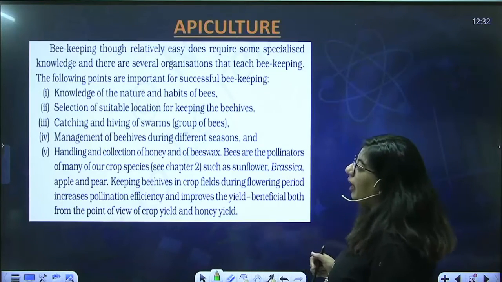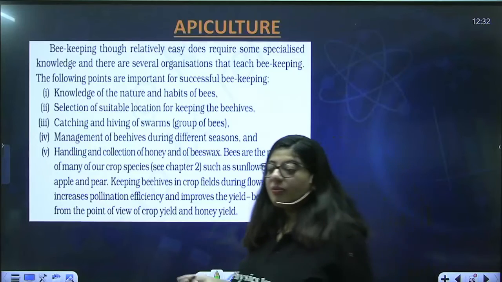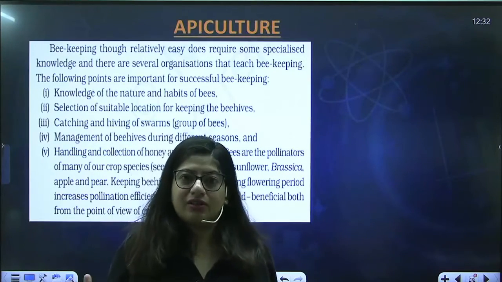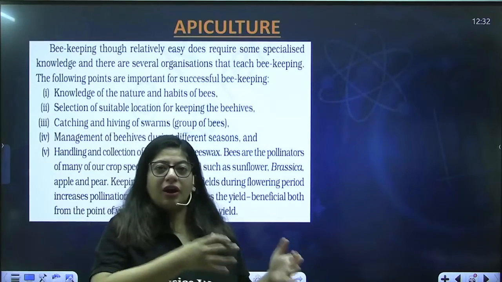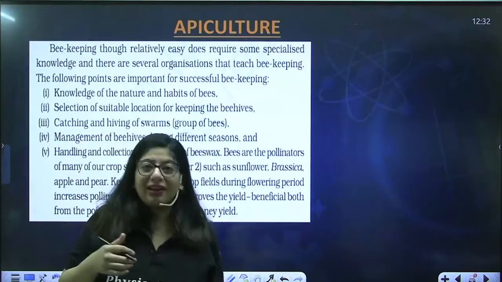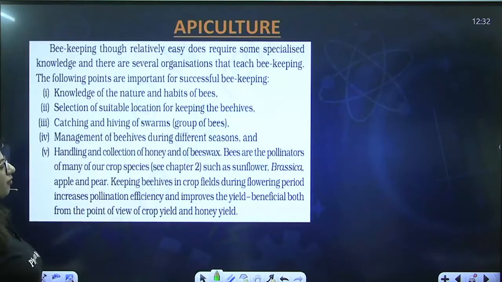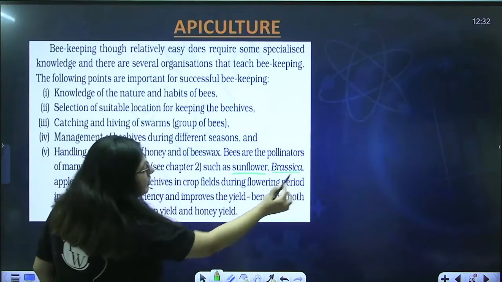Then we have handling and collection of honey and bee wax. Now you have taken the product out of it, but you don't know how to store it, and everything got wasted. That's also the waste of business. So you should also know how to store honey, how to pack it, where to sell it, and how to sell it. Okay, so bees are the pollinator of many of our crop species such as sunflower, brassica, that means